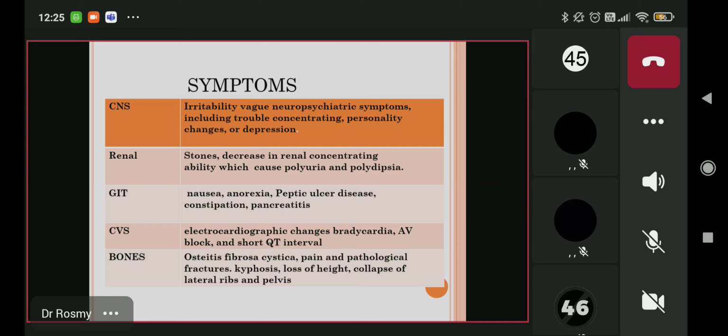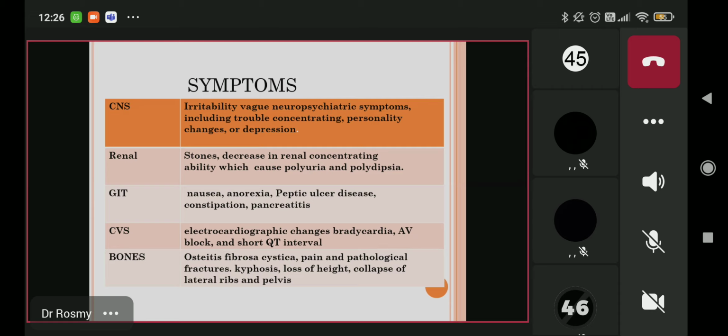As the value of serum calcium level rises, the psychiatric or the neurological manifestations also will worsen. So when you say that there is a severe hypercalcemia, that is when the serum calcium level is more than 14.5 milligram, that is the time the patient will start developing confusion, delirium, and ultimately it might lead to a coma.